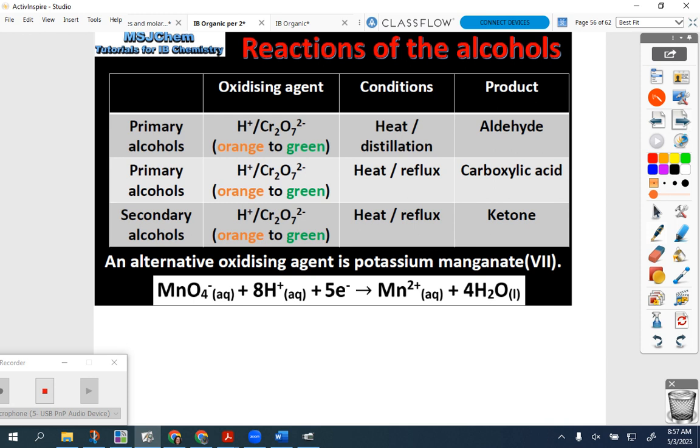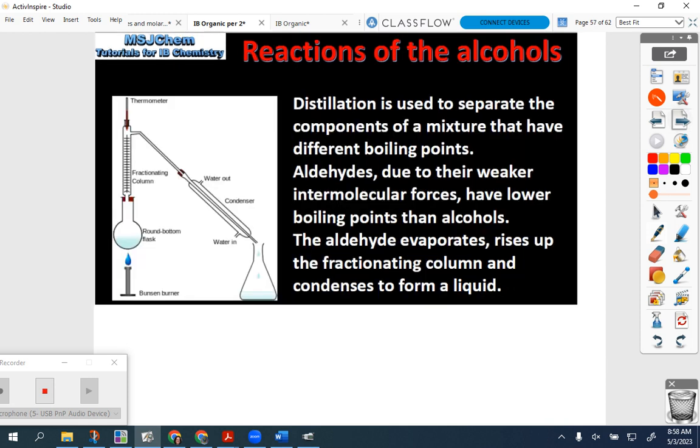The manganate ion is another possible oxidizing agent. But I think the questions that I've seen have generally been using the dichromate ion. So how do we separate these things out? Well, we use distillation. So if we're oxidizing a primary alcohol, and we want the aldehyde,